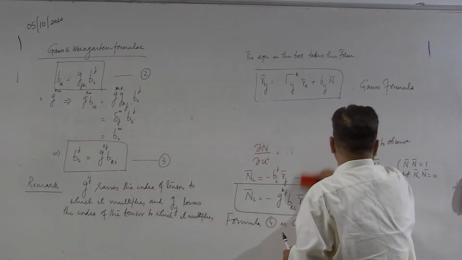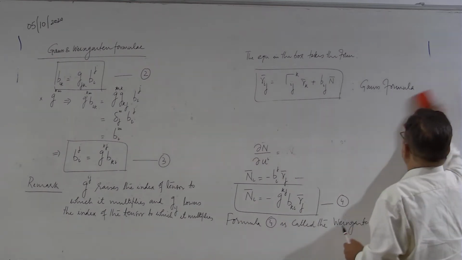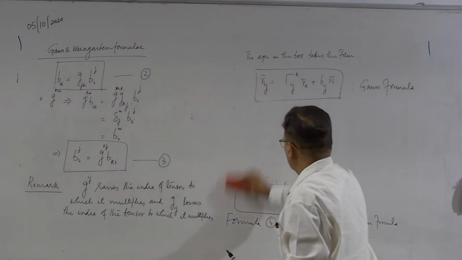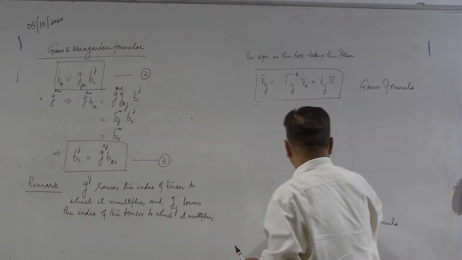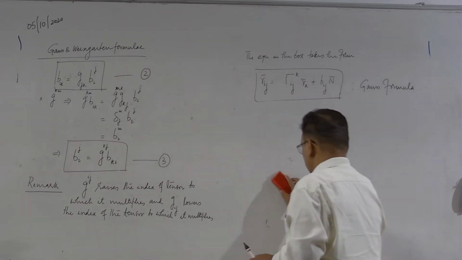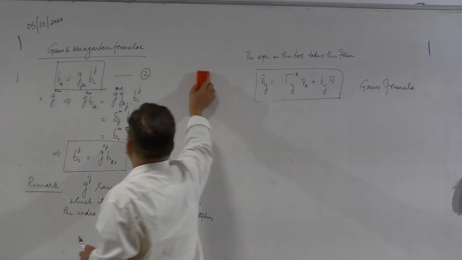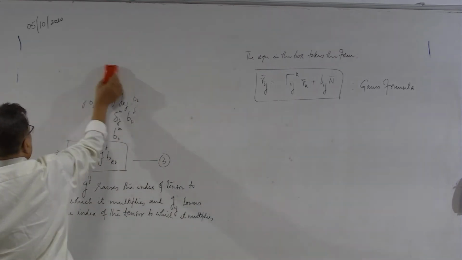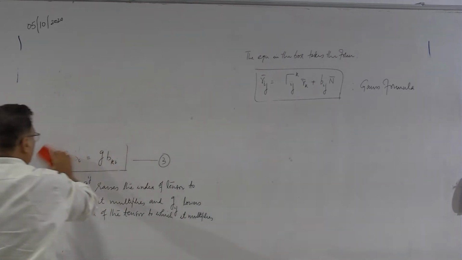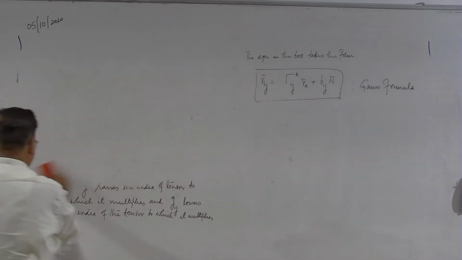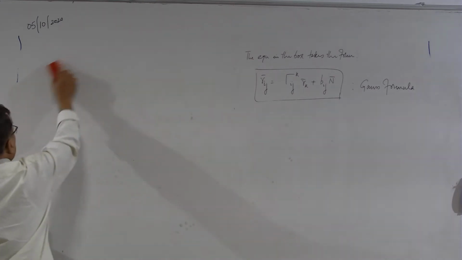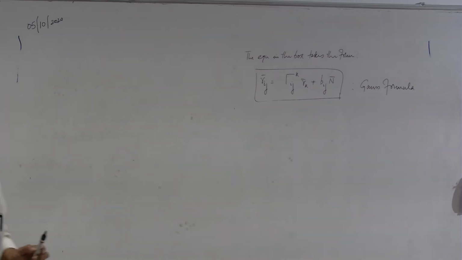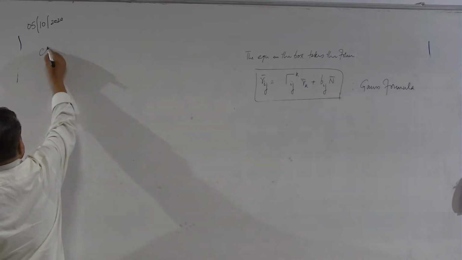Now, come to the Christoffel symbol. In the Gauss formula, we have explored these coefficients gamma k I j. They are called Christoffel symbols. Now, we will look at their relationship with some known quantities on the surface, so that Christoffel symbols are known to us. So, next is Christoffel symbols.